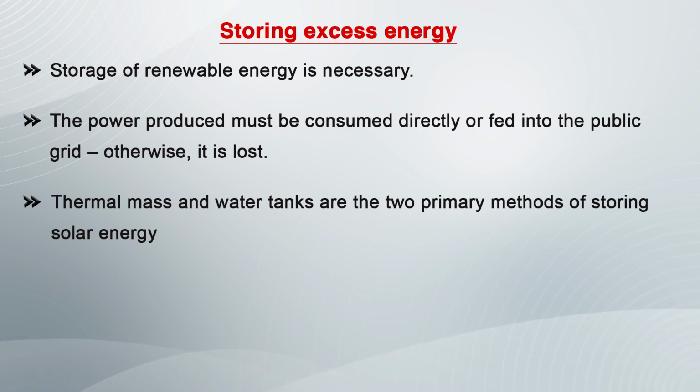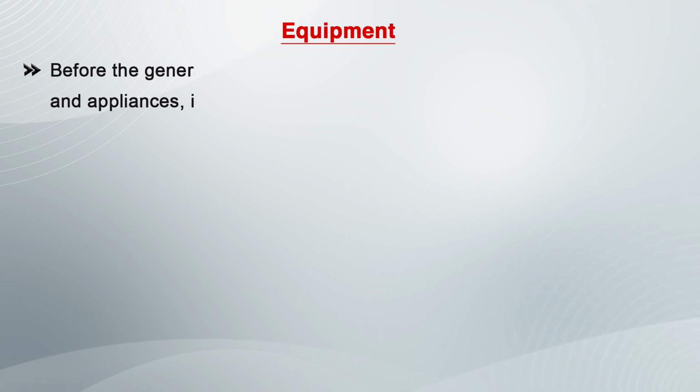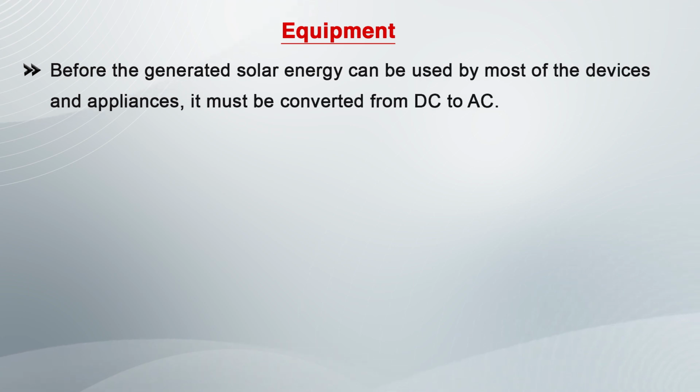The thermal mass and water tanks are the two primary methods of storing solar energy in solar space heating systems. Wind turbines can use excess power to compress air. This is usually stored in large above ground tanks or in underground caverns. So, these are two particular applications of the solar energy and the wind energy. Now, the equipment. In case of solar energy, solar inverters are an important piece of this puzzle. Before the generation